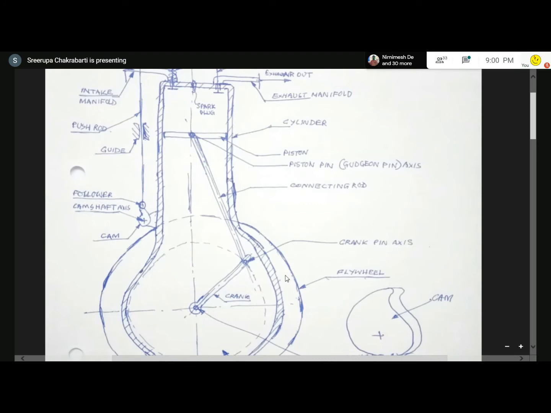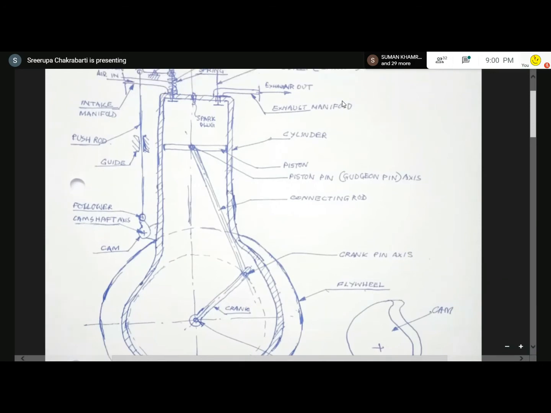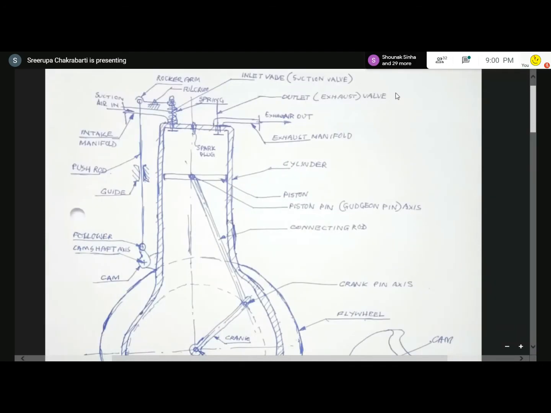So when the piston moves from top to bottom and comes to the bottom dead center, then after expansion, the gases have to be exhausted. When the gases have to be exhausted, this valve becomes closed, this valve becomes open. For exhausting the gases, some work has to be done on the products of combustion, and that work is supplied by the flywheel. After the gases are exhausted through the exhaust manifold,